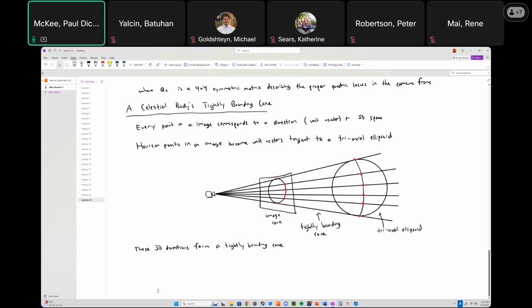And I realize that my text is a little too close to the diagram here. I'm just going to scoot this down. Tightly bounding cone, and we're going to use the Greek letter chi for this, which just looks like a curvy X,